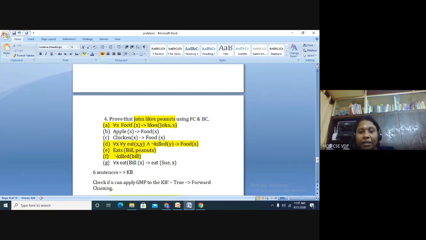So again, what is the next statement that I have to put? If food of X is the parent, then the following statements must be either apple of X or chicken of X, or this whole thing, eat of X comma Y and not killed of Y. So since I have an and symbol here, I'm going to call this an AND graph. The other two are going to be OR graphs. Then